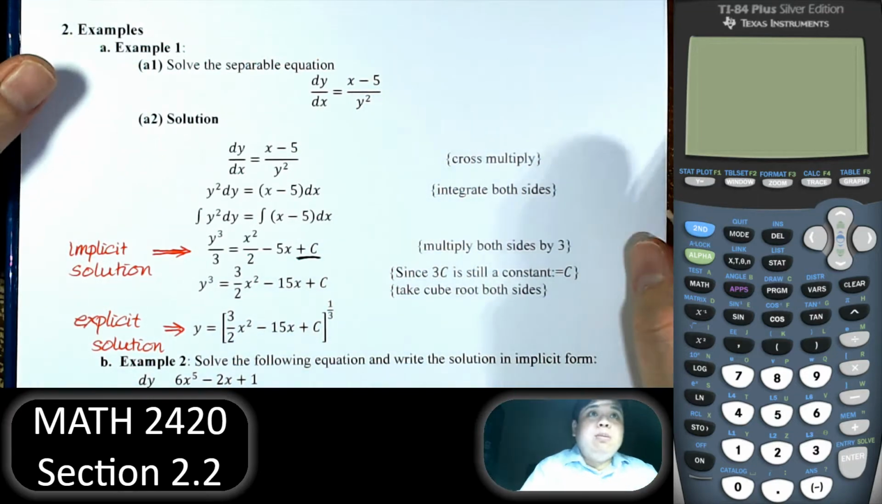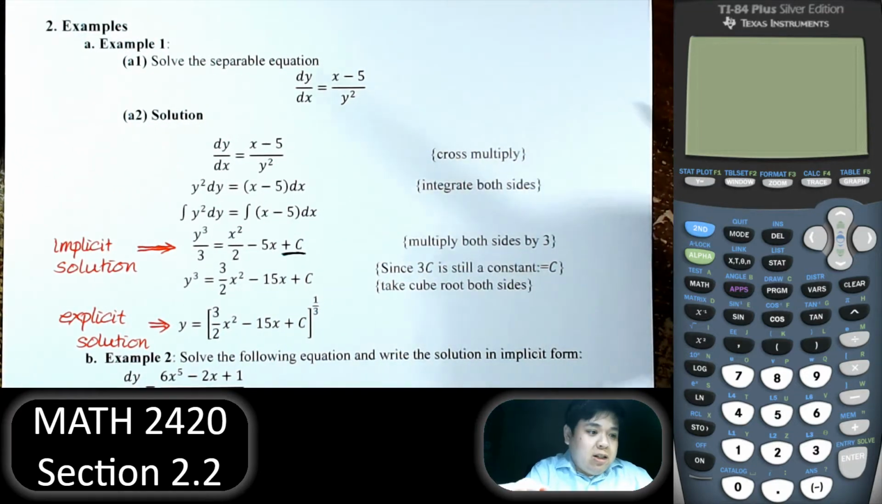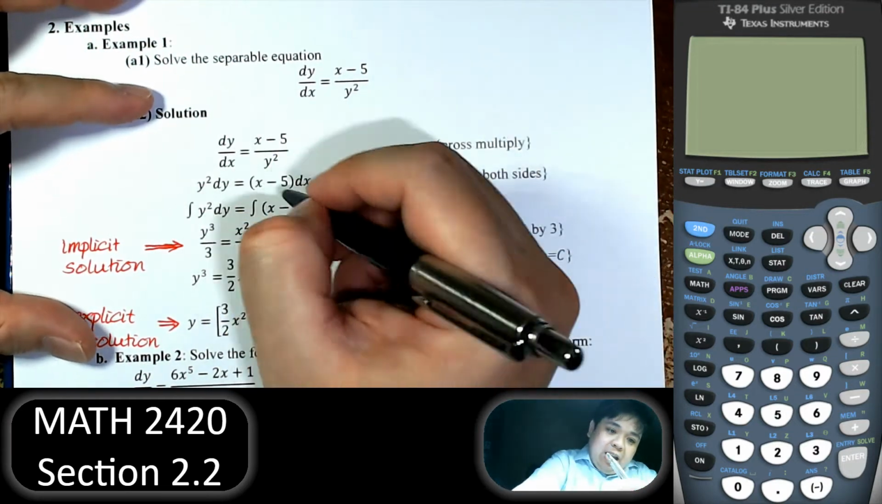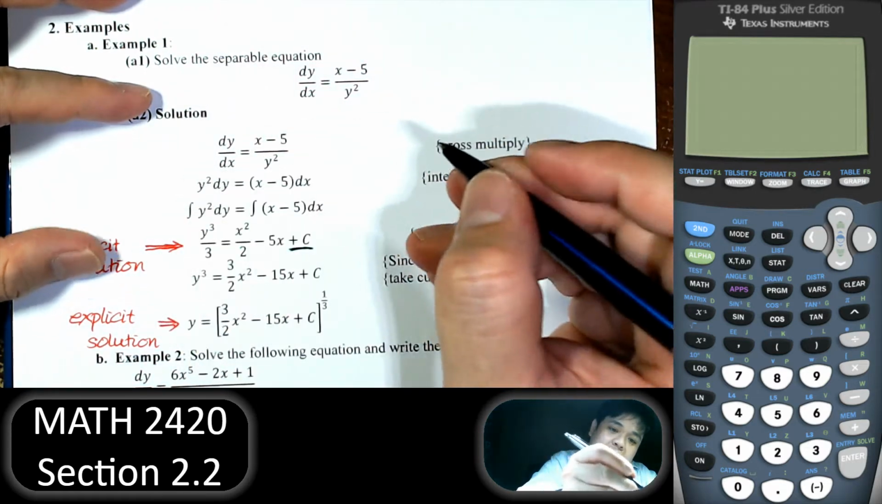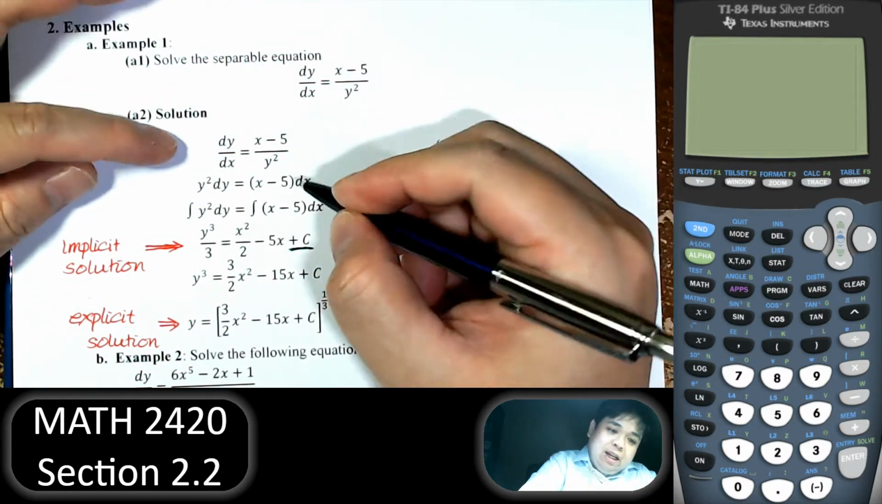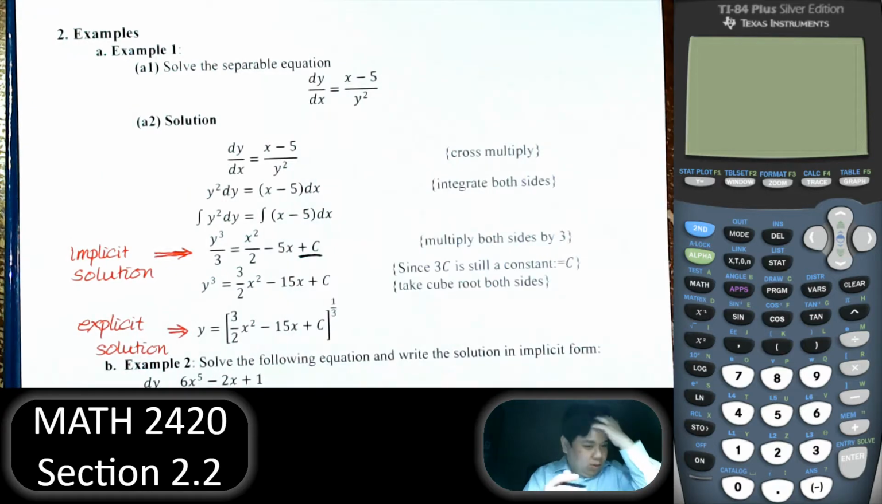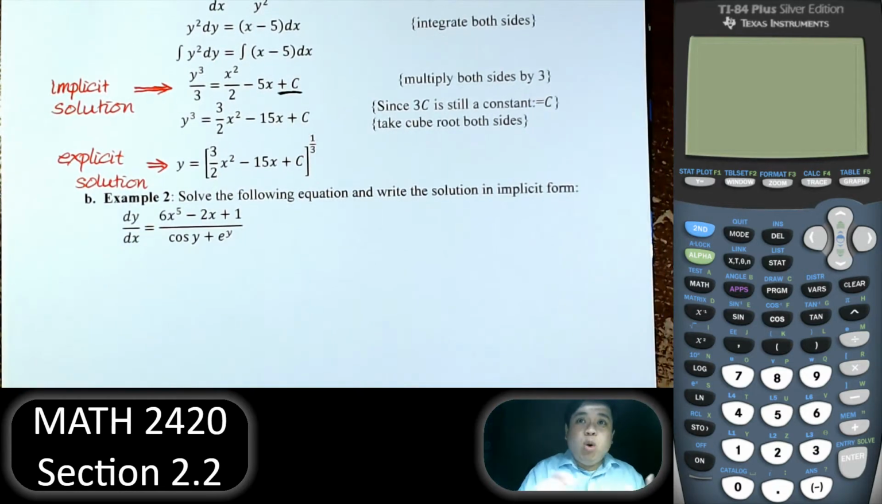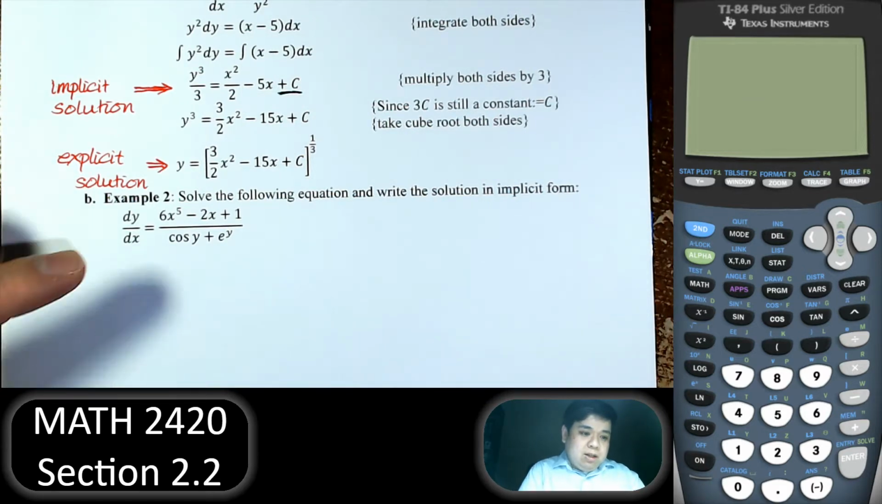So simple enough, right? Like I said, first step is x with dx, y with dy, and then we integrate both sides. So there's no formula, nothing. And of course you just need to know how to integrate. Next,